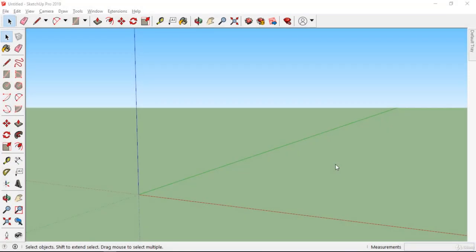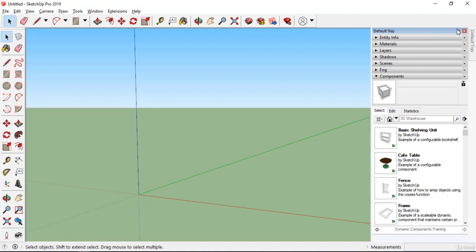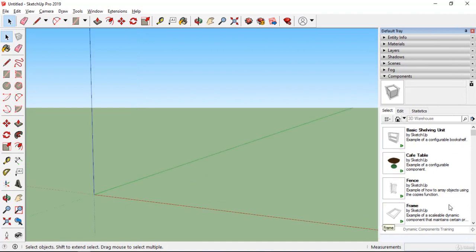In SketchUp, components are not simple objects; they have intelligence in themselves. So in this video, I have a blank slide, but I'll use some components that are already provided by SketchUp, and I'll show you how we can see the intelligence of the component. Here I will use this fence,